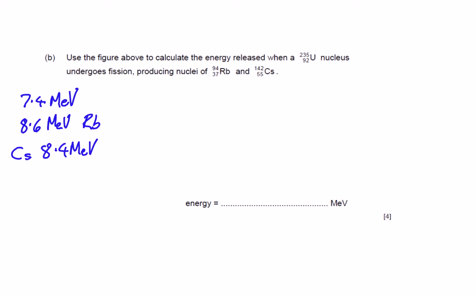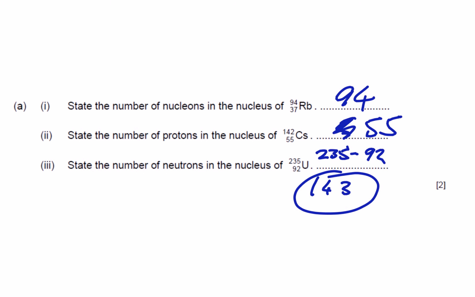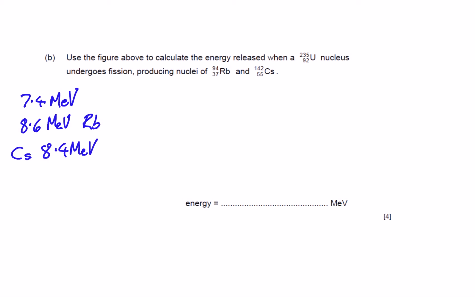So now what we need to do is work out the total binding energies of these nuclei. So remember that these values are the binding energy per nucleon. So if we go back to this question, it tells us our nucleon numbers, so 94 for the rubidium, 142 for the cesium and 235 for the uranium. So if we have a look, our total binding energy, what I need to do is go for the uranium. Oh, still on the highlighter. So the uranium is going to be 7.4 multiplied by the 235. If I stick that into my calculator,